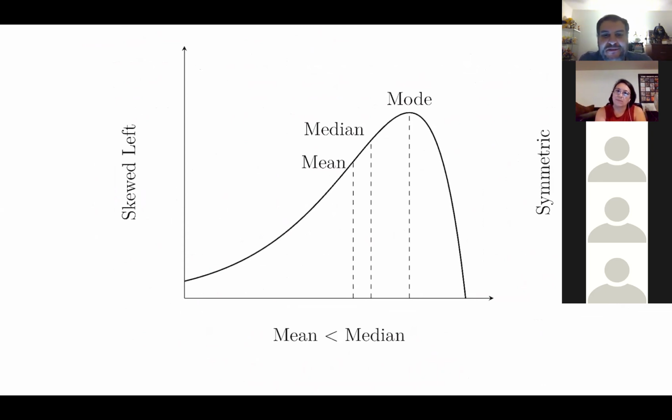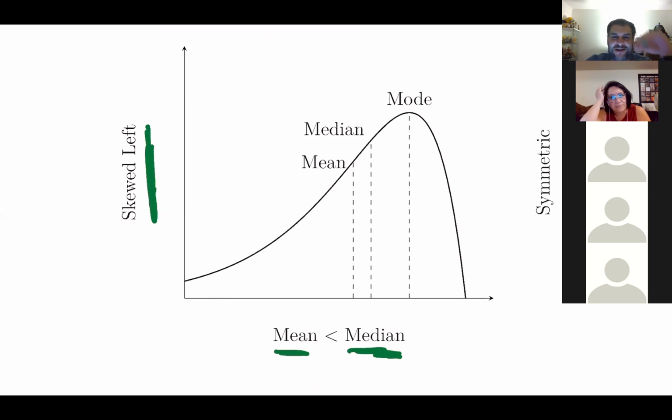Cool. So the first one we're gonna focus on is skewed to the left. If our data set is skewed to the left, in this case, the mean should be smaller than the median. Why do you think the mean will be smaller than the median? Why wouldn't the median be bigger than the mean? Remember, you can either put it in the chat, or if you want, you can just talk it out. Well, what about the outliers? Where are the outliers? Are the outliers to the left of it, or to the right of it?